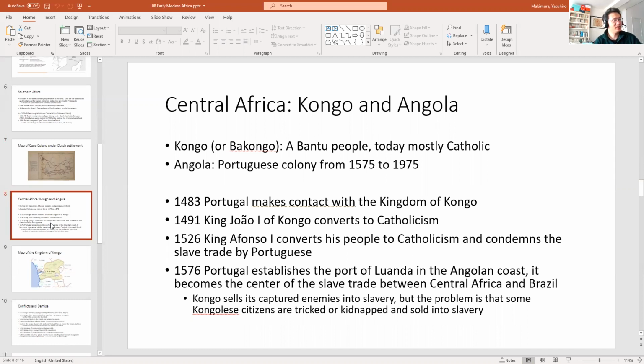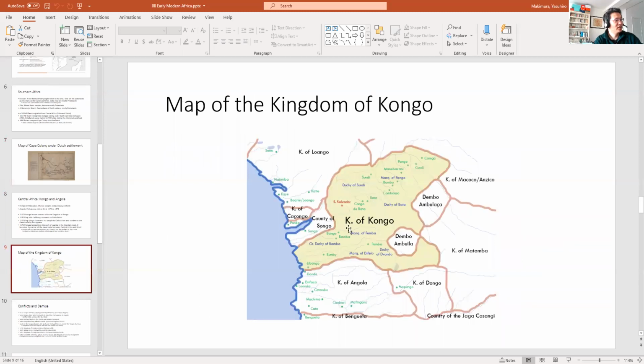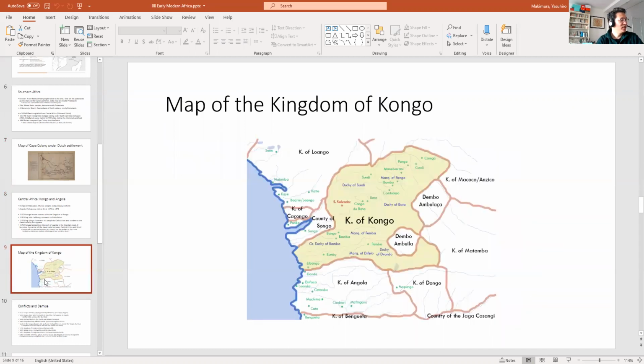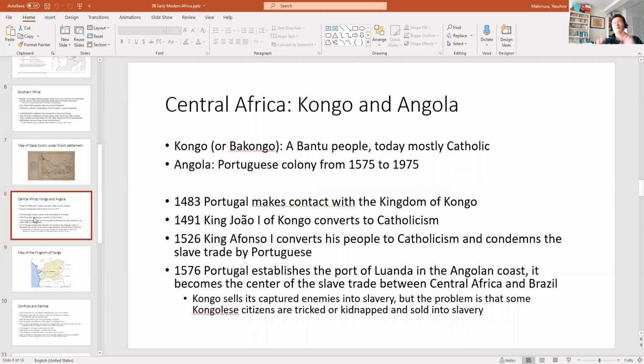All right. So Central Africa, this area here, was controlled by the Kingdom of Congo. And the Bakongo people are a Bantu-speaking people, and today they're mostly Catholic. Just south of that is currently Angola, but that was established as a Portuguese colony at the city of Luanda. So Luanda is here, right? And the Portuguese colony of Angola was initially just on the coast. Later on, the Portuguese colony would expand. All right. So what do we mean by positives and negatives?